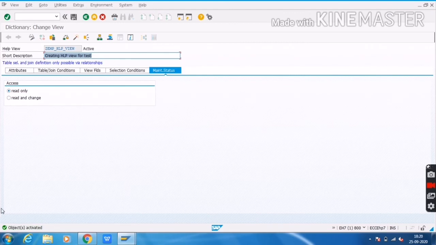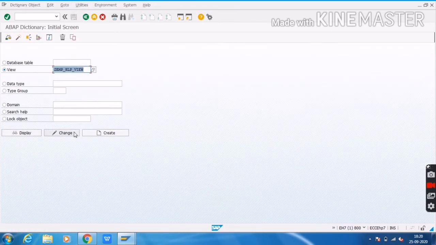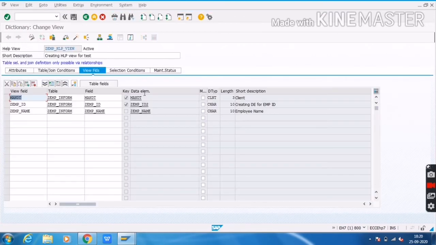It got activated. So I have successfully created my help view. See, here we cannot execute directly. For the other views, the maintenance view and the database view, we get the contents. But for the help view, you cannot see the output.